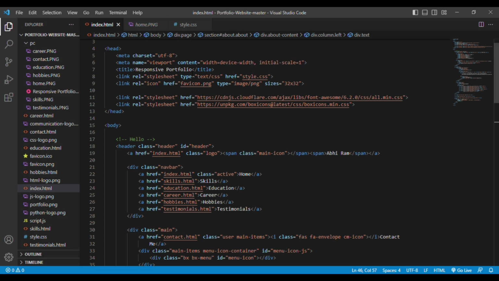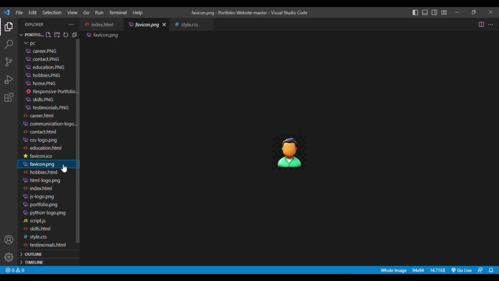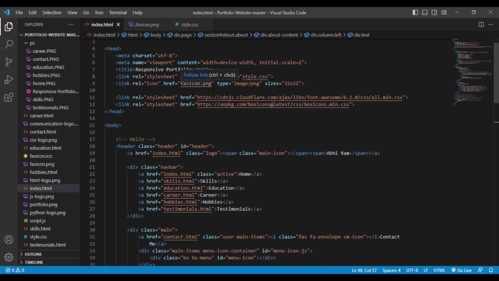You can see the favicon. Let me show you the png. This is the favicon. We have linked it in our head section. Then we have linked this Font Awesome icon link to our index.html file, and we also link the Box Icons to our index.html file. You can see these icons